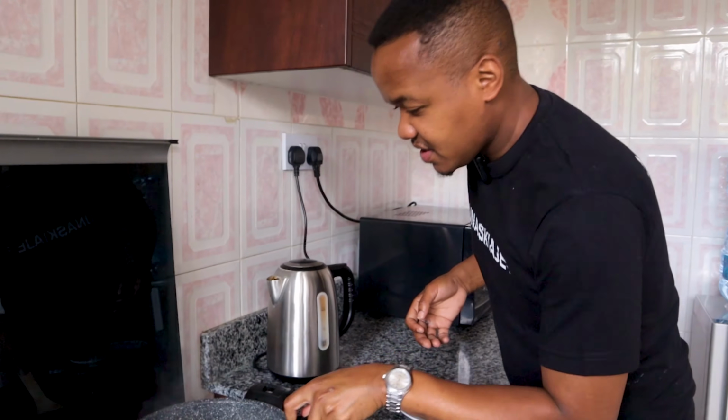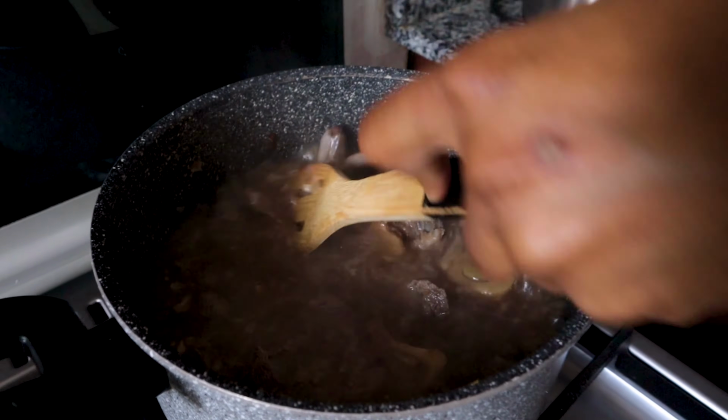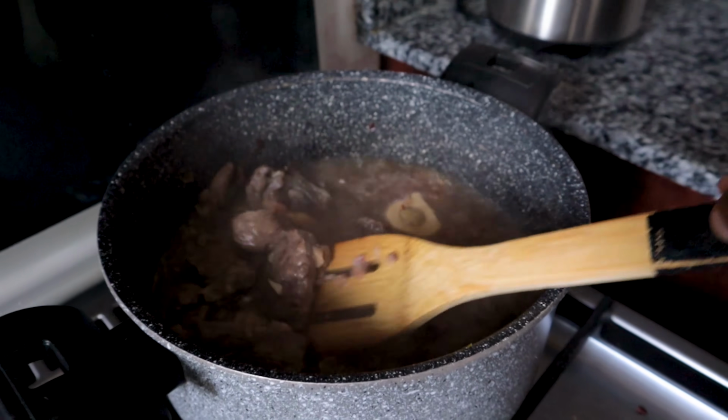Now we're just 10 minutes in. Nakoroga kidogo. They all cook at the same rate rather. but I'm sure anyone who is here behind the scenes anaumia. Naona tu crew hapa wako